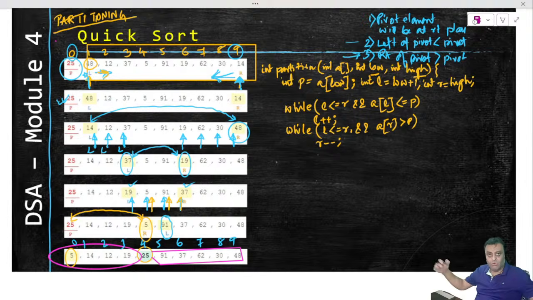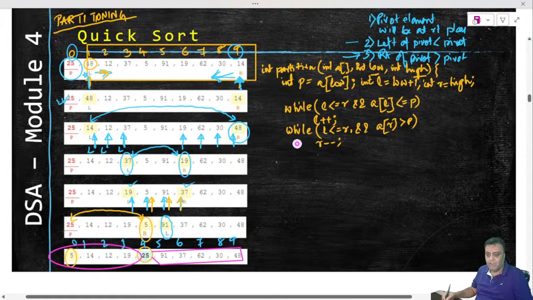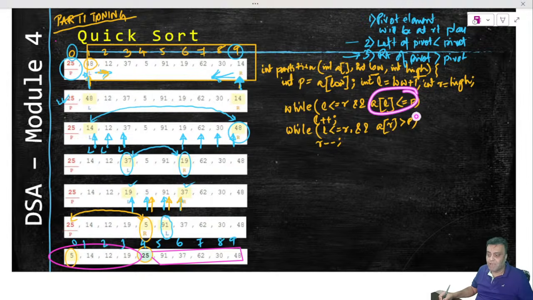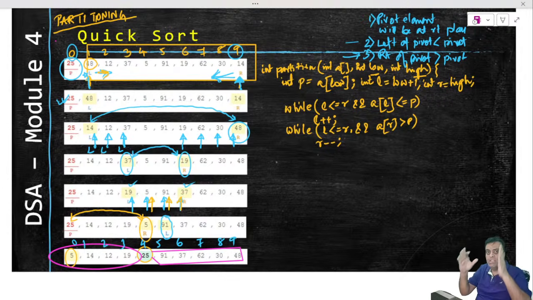So now what we have is the left and right that are moving together. Right? And it will stop at some point. When will it stop? When the left is crossing R, or when this has already happened and this has already happened. I mean, this has not happened. Both of them have not happened, right? Both of them have not happened means there is no more an element. Left has stopped. R has stopped because the elements are not matching the conditions.